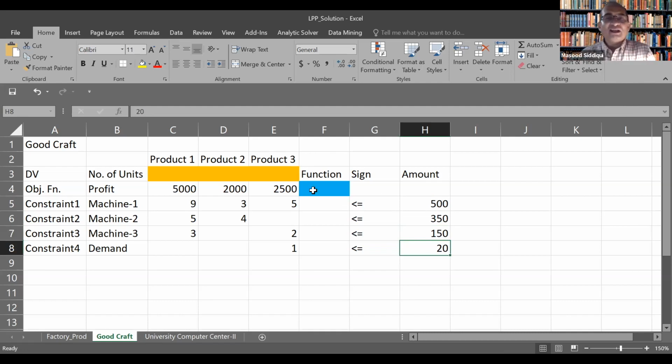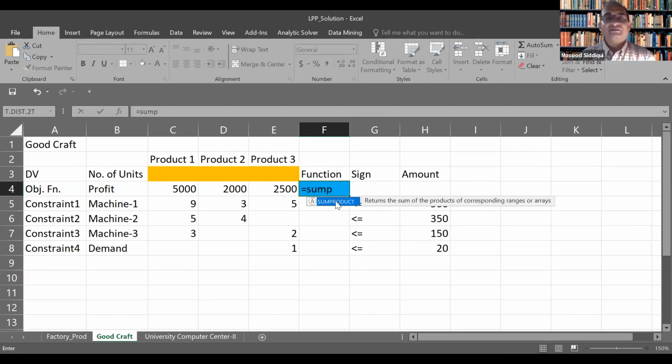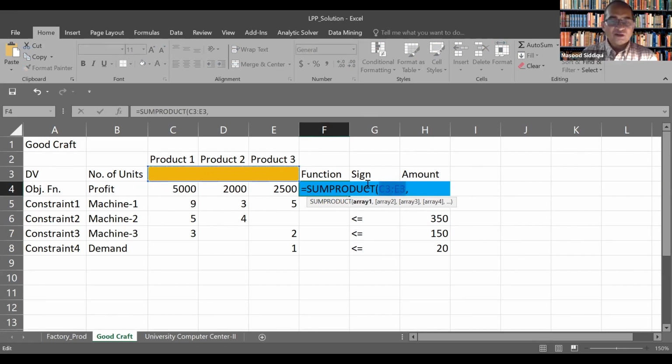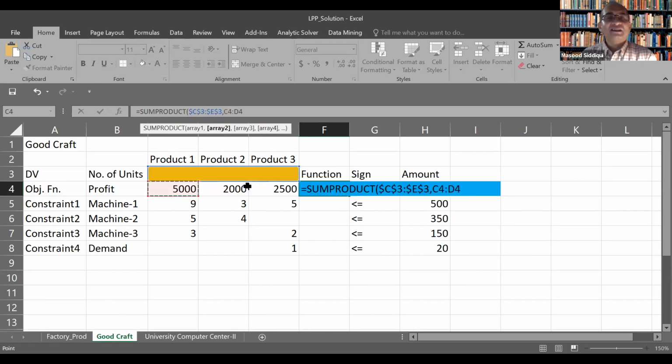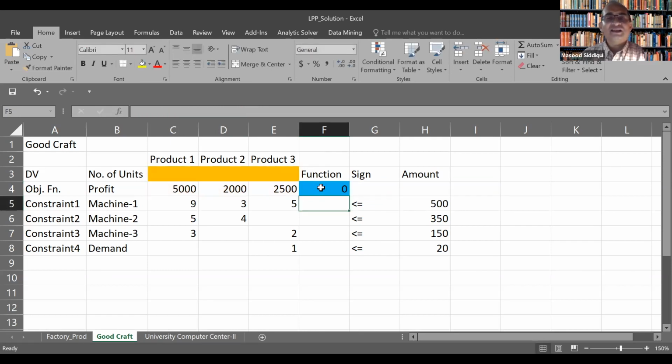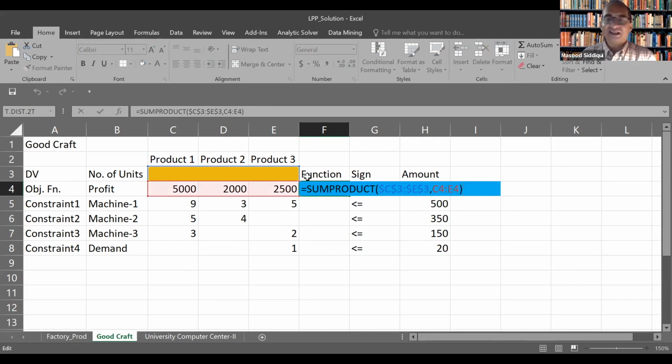And now we will formulate the formula, right? As we have discussed, we will use the SUMPRODUCT formula. So we will have the sum product. We would select the products, right? Make it fixed using function F4. So we use function F4 to make it fixed. Right? Then we select the first coefficient, that is the objective function coefficient. We would get it entered and check the formula using function F2. So this formula is being correctly employed.